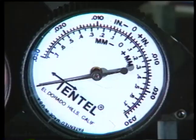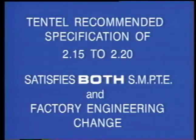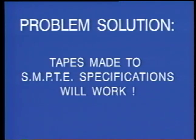The Tentel TSH B7 reference plane gauge allows measurements to be made to much tighter specifications than the factory go, no-go method. Tentel recommends using a tighter tolerance of 2.15 to 2.20 millimeters, and thus satisfying both the original SMPTE specification as well as the revised factory engineering change specification. This Tentel procedure has resulted in the virtual elimination of tape and video problems, regardless of the brand of tape